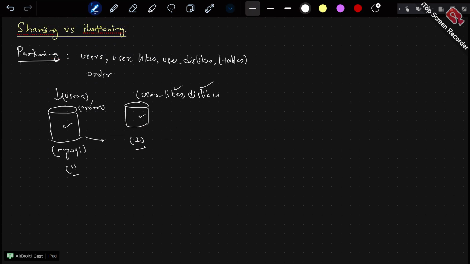You can join them using a foreign key and all that. In general cases it is joined. The users table has user ID, and user likes will have user ID as well as the post ID of the like. So you have to make your join between these two tables. One table resides on this node, another table resides on that node, so you have to do an aggregation and all that. Yeah, we will come to that.